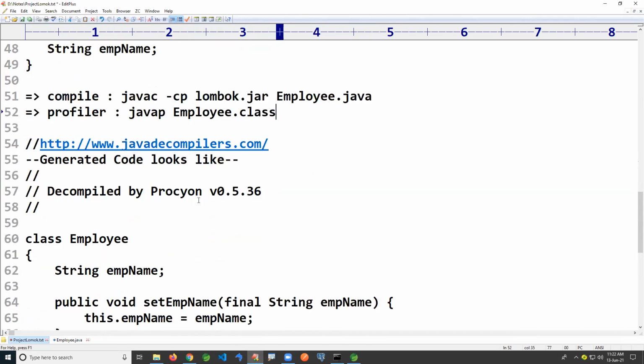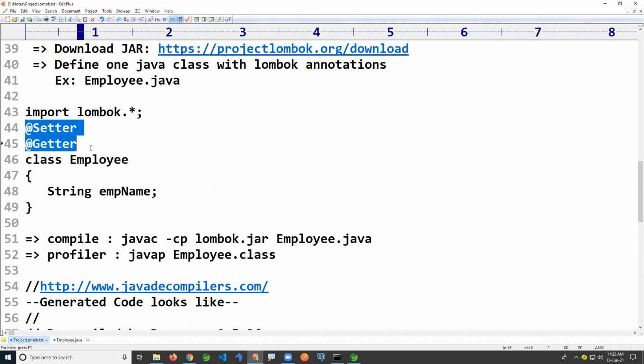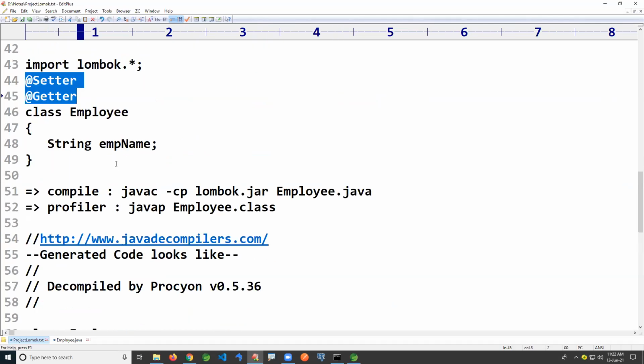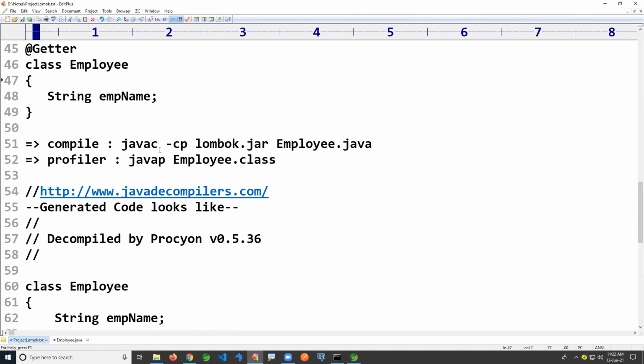Like that you can use, or else you can go through this website and upload the .java file here. This is actually going to give instruction to Lombok: hey Lombok, please take the annotations and generate the source code. There is source code generation here.